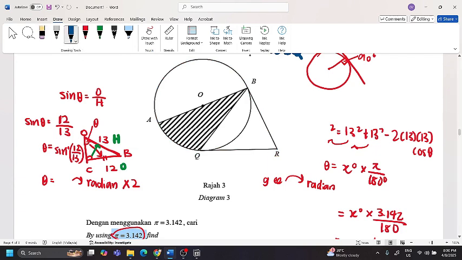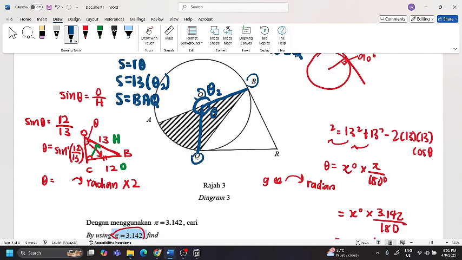So how to find? I think the easiest way is, first thing, you draw one line here. Just now you found the angle already, right? You found angle BOQ already. So you just need to minus the angle, then you can find the angle here also. By using the arc length formula, s equals r theta, where r is 13 and theta 2 is the angle you just found, you can find the length of